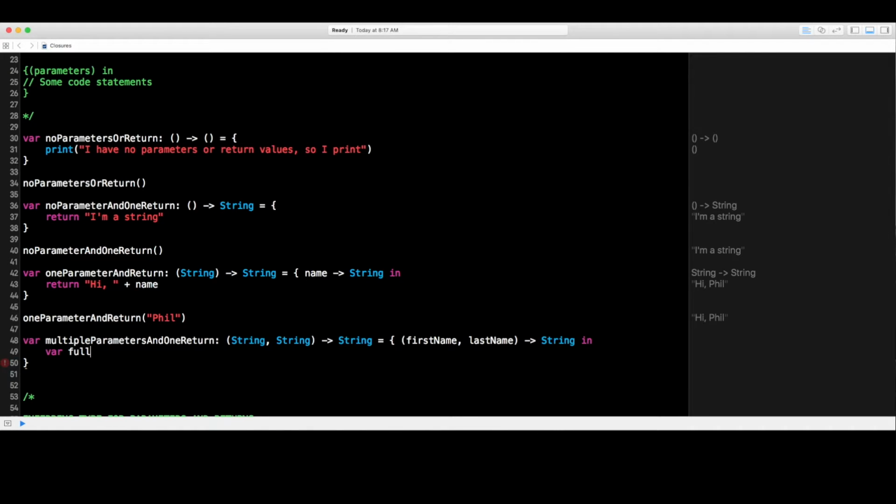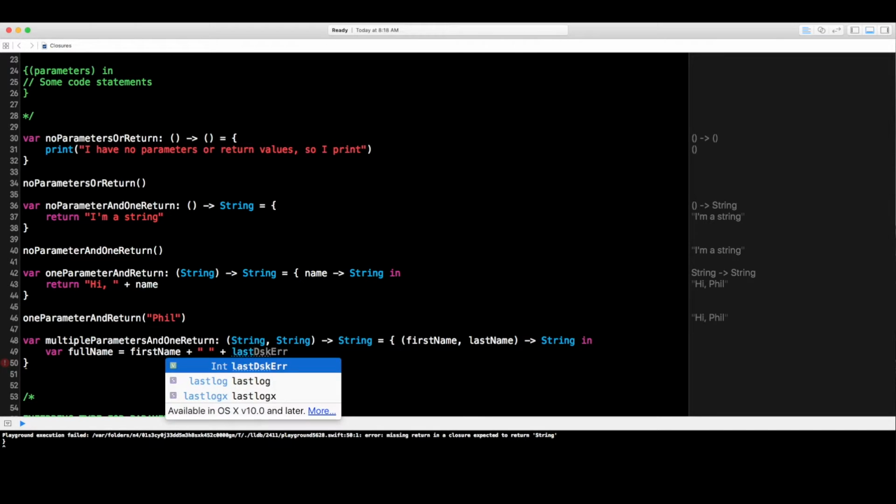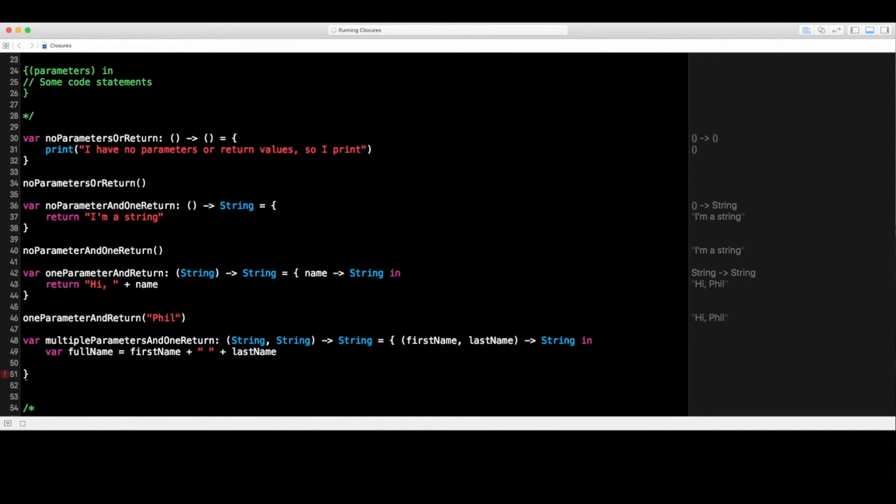I'm going to go to full name, which equals the first name. I'm going to concatenate the first name and last name so it combines and becomes the full name, and then I will return